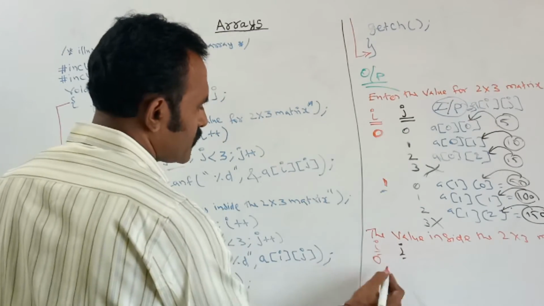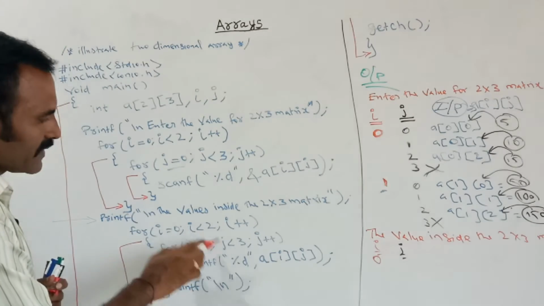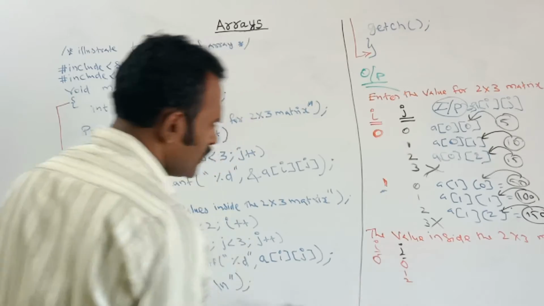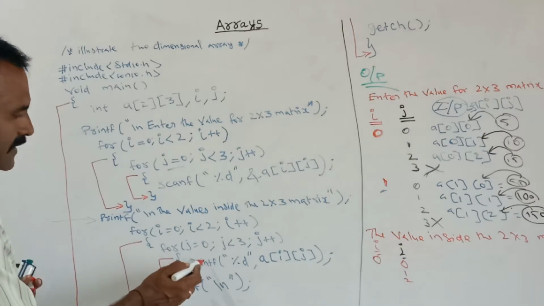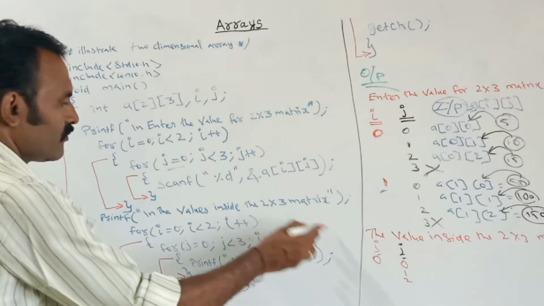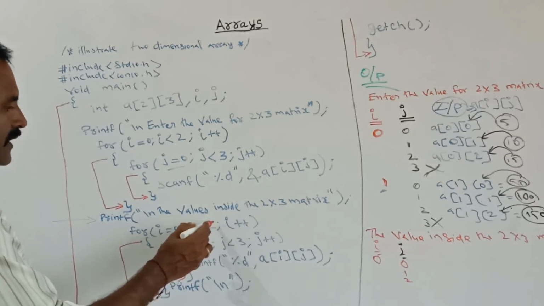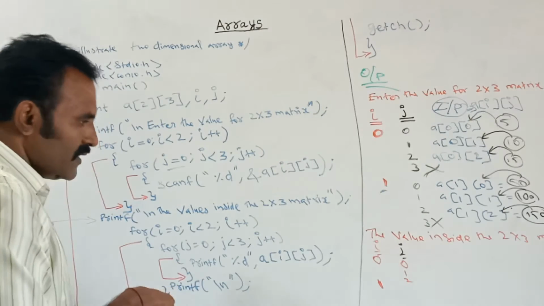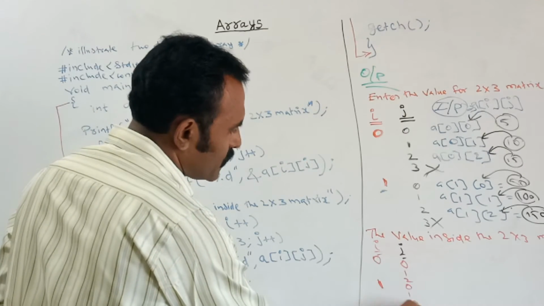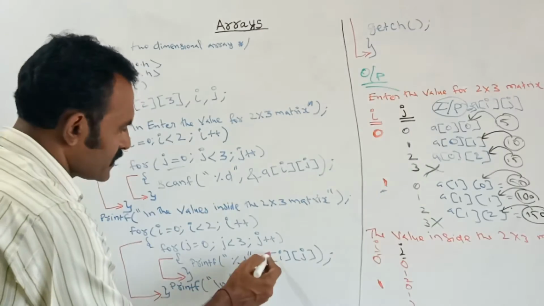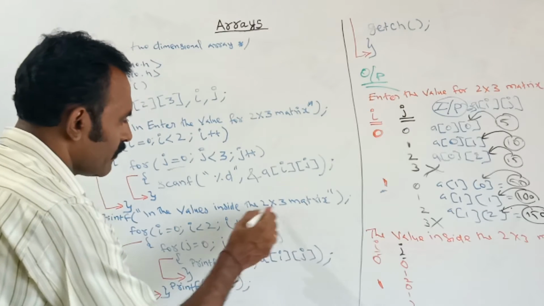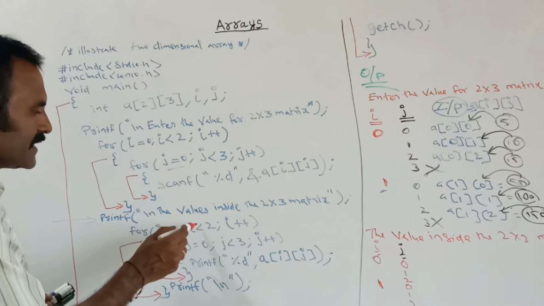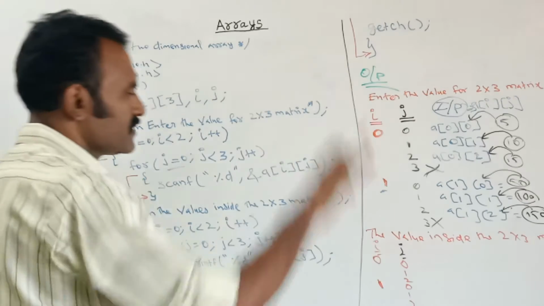Here when i is equal to 0, the inner loop will finish, that is from value 0, 1, 2. Next, once the inner loop condition is false, it will go to the outer loop and the i value will be incremented, and again it will check. Now the i value is 1, and again the j value will start from 0, 1 and 2. Once the condition is false, it will go to the outer loop. Now the i value will be incremented and checked, this condition is false, so totally it will come outside of the loop.